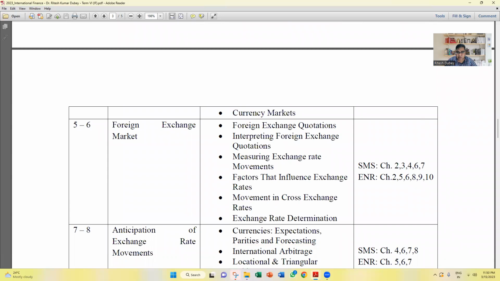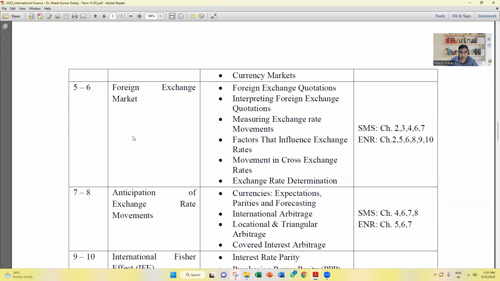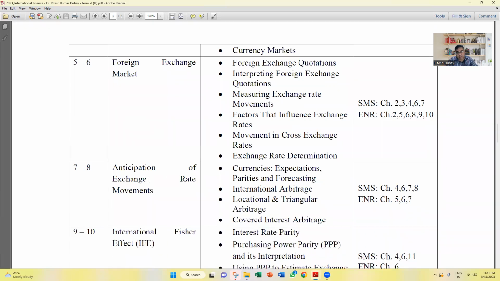Slowly and steadily, we look at the most important aspect of international finance, and that is basically the currency market, right? So, how does that currency market work, right? What kind of transactions happen over there? What are the ways of quoting those transactions, right? What are indirect quotes? What are direct quotes, right? How do we forecast currency movements? What kind of decisions do people take in order to hedge against the currency movements as well, right?